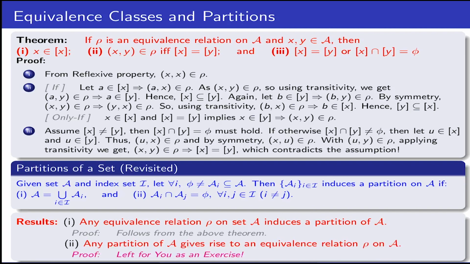Finally, I leave it to you to prove the opposite: that any partition, where I cut a set into mutually disjoint subsets and if I take the union of the subsets I get the whole set back again, is indeed an equivalence relation. So each of these classes that I form out of those partitions are in equivalence relation. If you think a little, it's very straightforward to show. You just have to define that relation in such a way that two elements are related if they belong to the same set. And then you can easily prove all the properties of the equivalence relation.